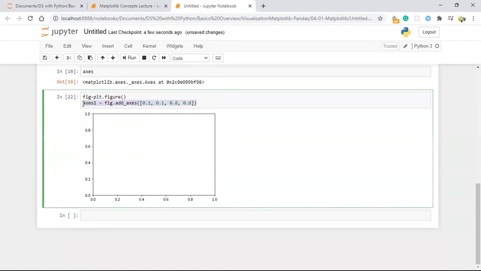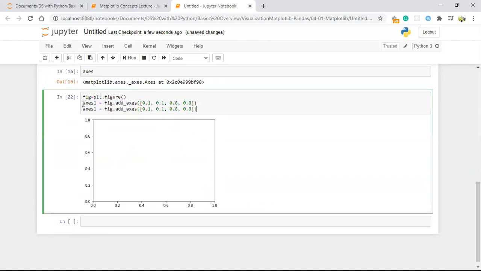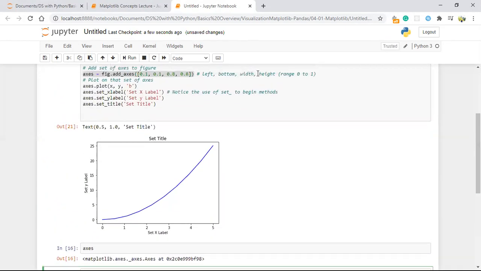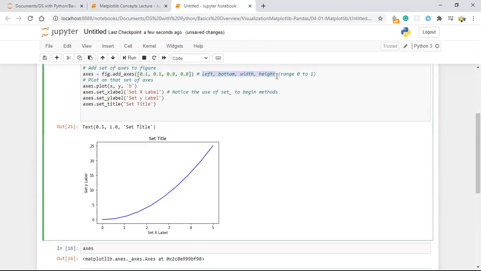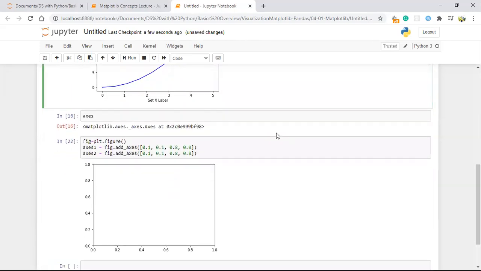Now I am copying this axis, and again I am making the variable name axis 2. So first, again we'll go for here. This is left, bottom, width, height, correct?